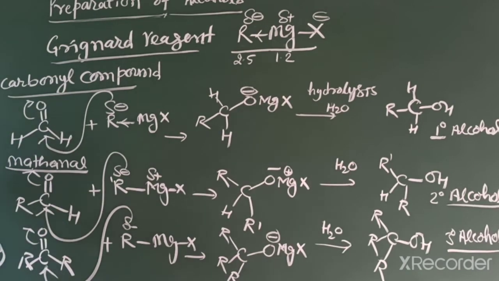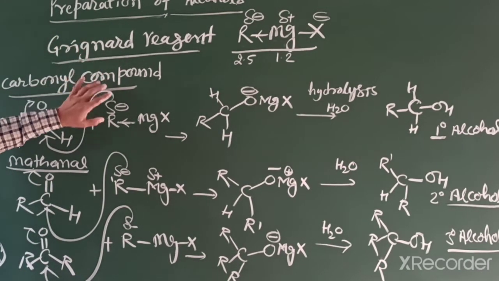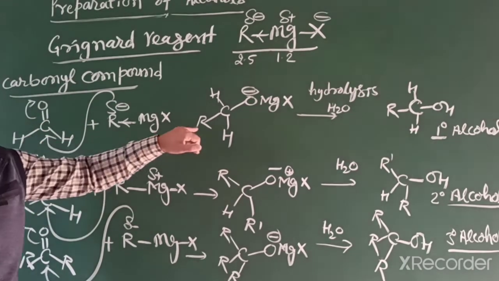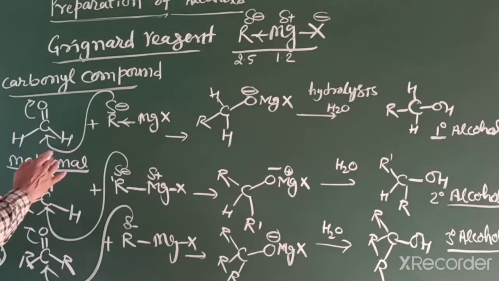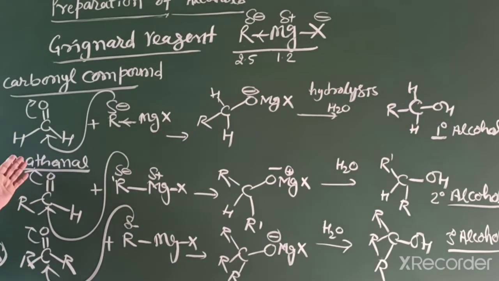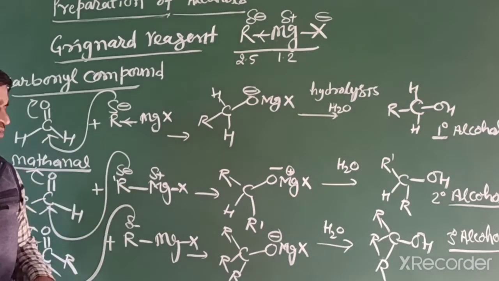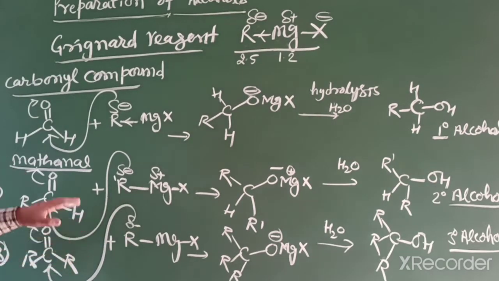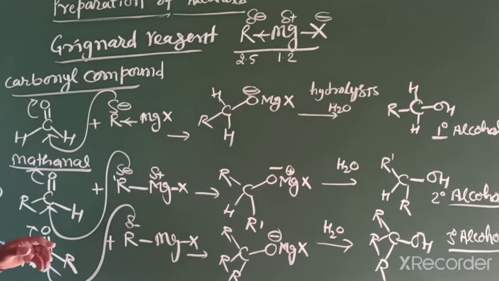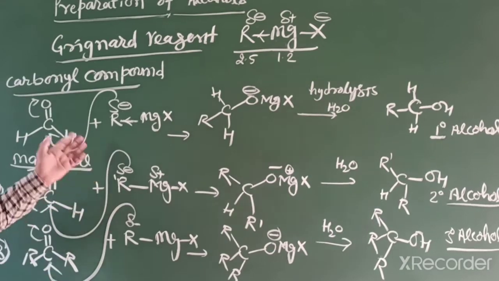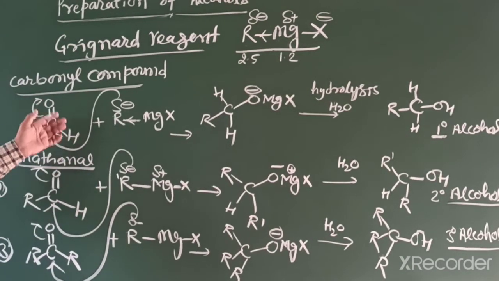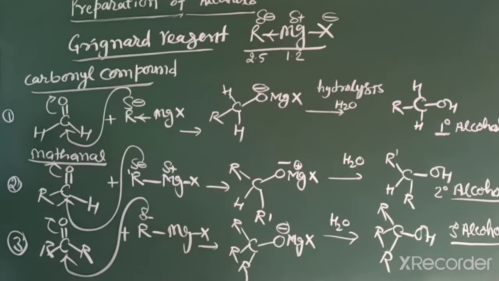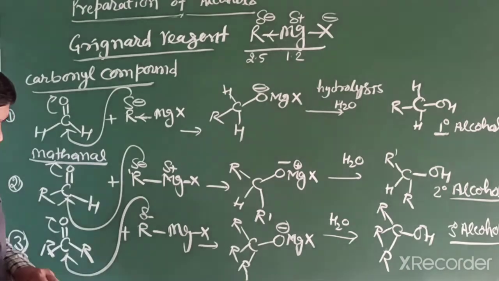So now we summarize. When Grignard reagent attacks formaldehyde, meaning methanal, we get a primary alcohol. If it reacts with an aldehyde other than formaldehyde, we get a secondary alcohol. If it attacks a ketone, then you get a tertiary alcohol, and this reaction is very important in conversions. When you find different conversions, the use of this reaction is very important. So in this way, students, today the methods of preparation are finished.